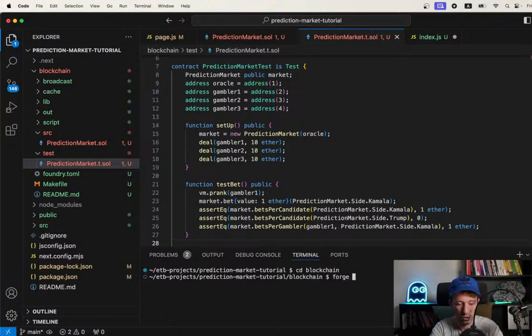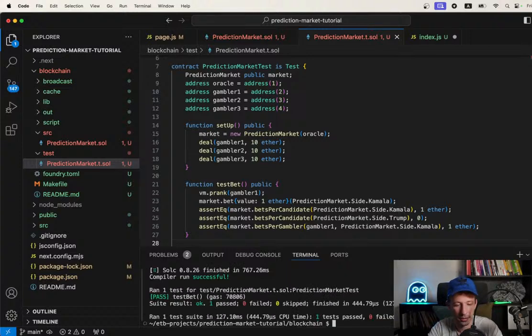So forge test, and then prediction market.t.sol. Okay, actually we forgot one flag here, so it needs to be match path. Okay, let me see. Yeah, this is all we need. Okay, so let's press enter,